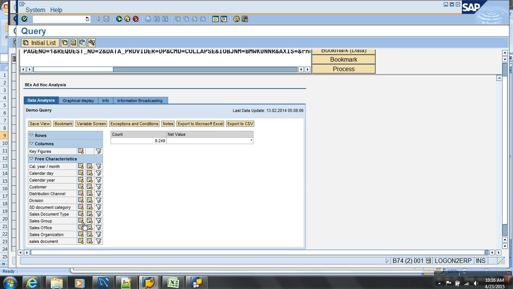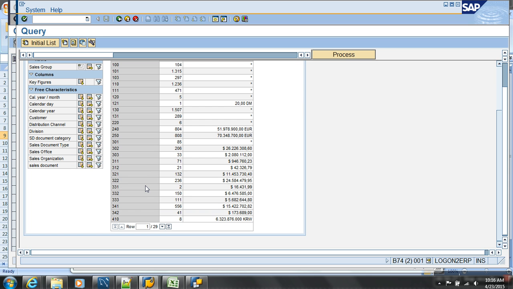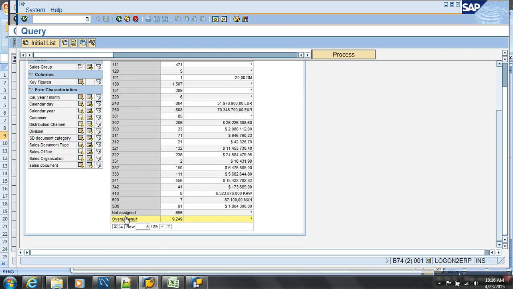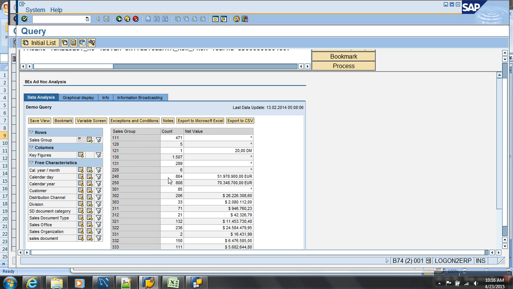చాలా ఉన్నాయి, సేల్స్ గ్రూప్స్ కూడా చాలా ఉన్నాయి. 29. ఓకే, ఇది బాగానే ఉంది. దెర్ ఆర్ సమ్ 29 సేల్స్ గ్రూప్స్. ఇది కూడా చాలా ఎక్కువ. సర్లే, దట్ 29 సేల్స్ గ్రూప్స్. వాడేమంటే నో